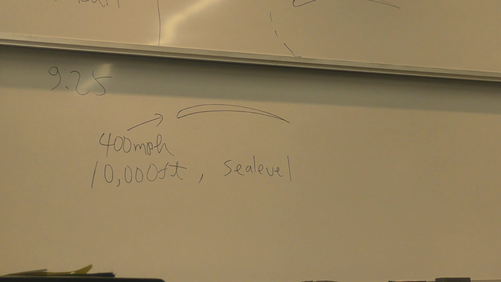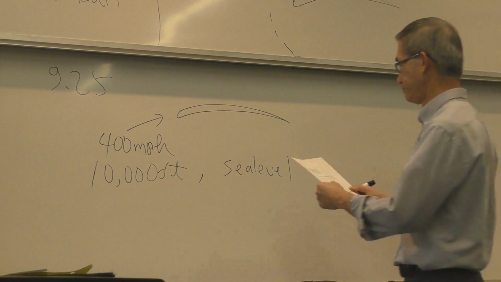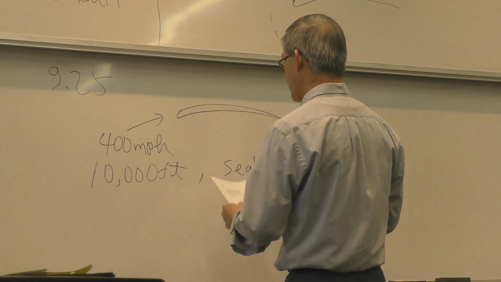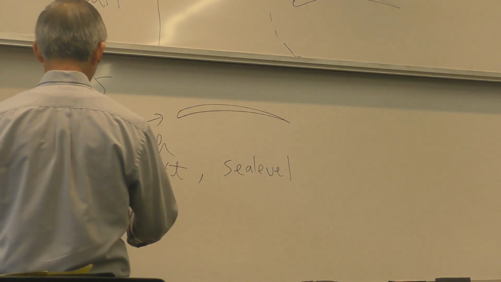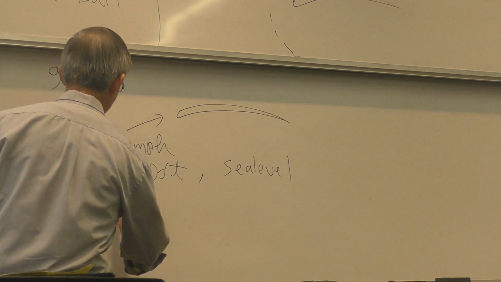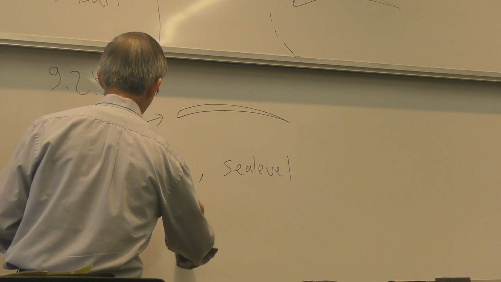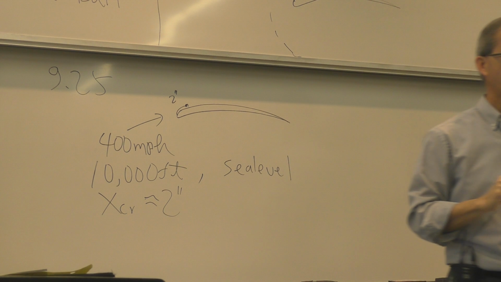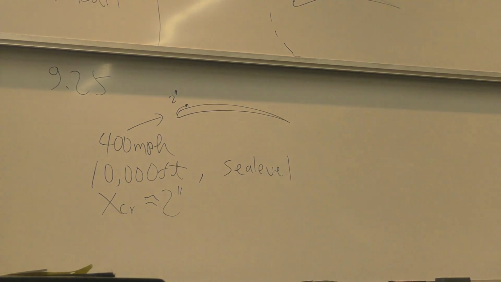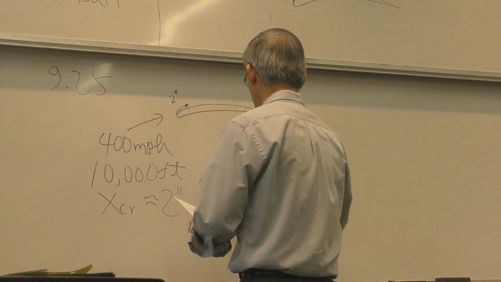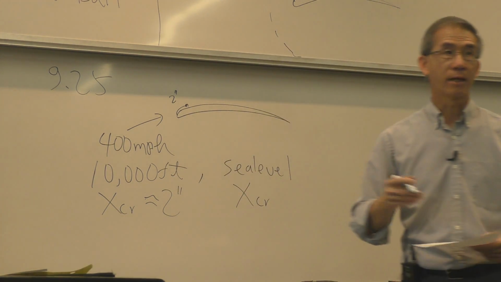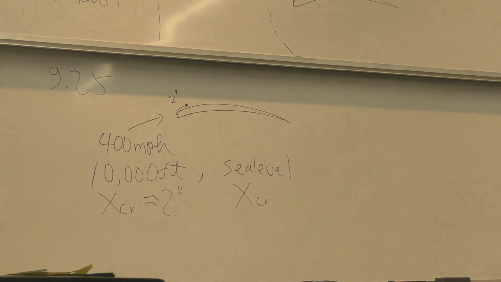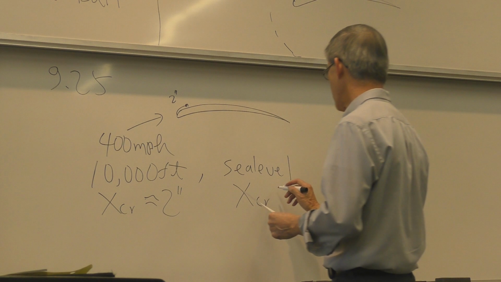The difference, assuming you have done this problem, at 10,000 feet, you find out that the location where transition occurred on this airfoil is roughly like 2 inches, right? You have done the problem, and I think that's what you find. And I'm approximating the number to focus on the big picture. At sea level, which is on the carrier deck, for example, or airplane taking off, versus a cruise,